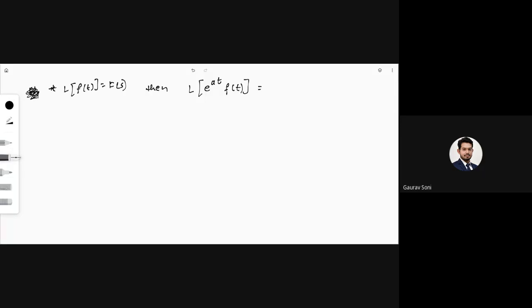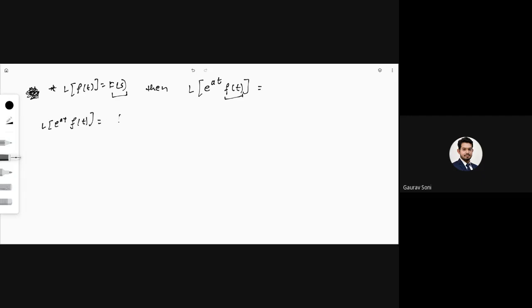What I'm trying to understand is, if e to the power at is multiplied to f of t, and I can find the Laplace transform of f of t, which in this case I am assuming is capital F of s. So I want to find Laplace of e to the power at into f of t. It will be given by